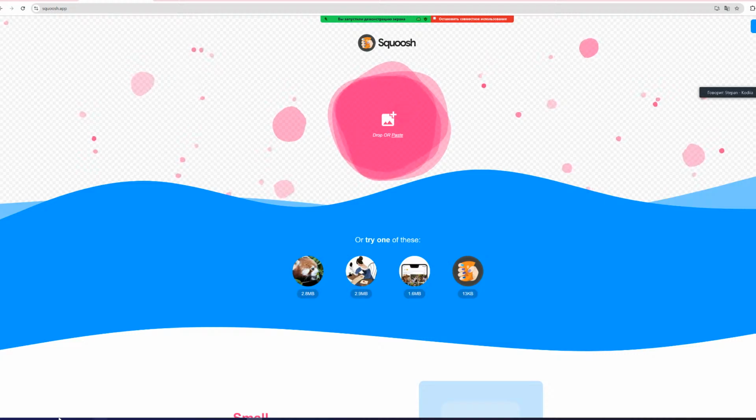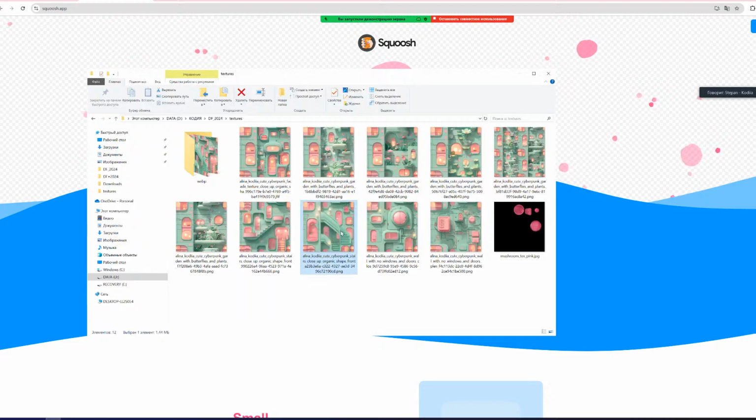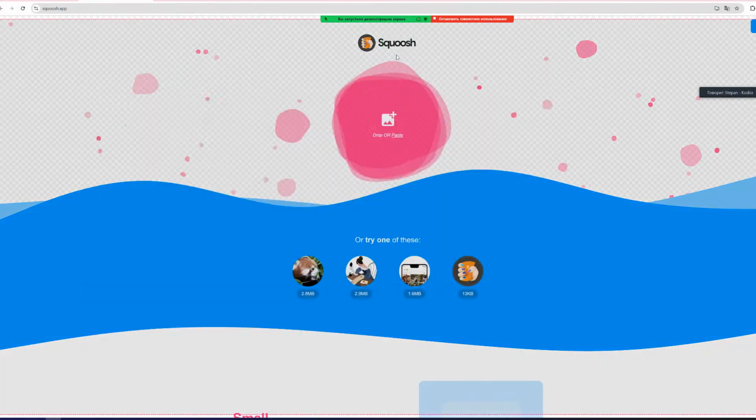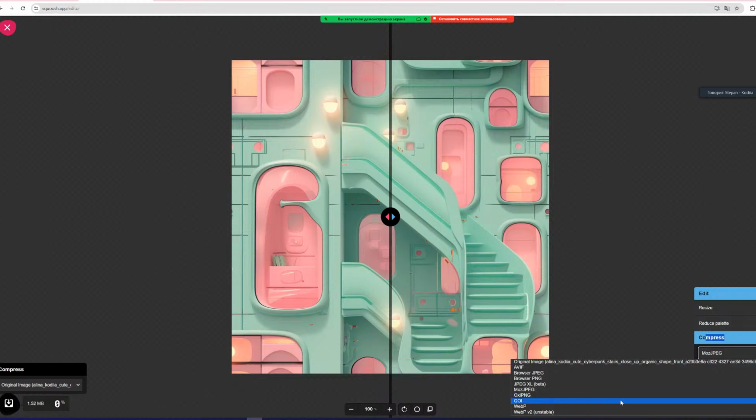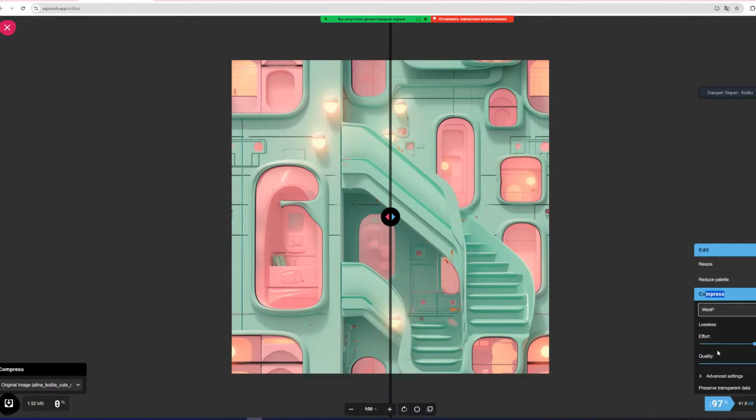Basically, all you want to do is get a texture. For example, this one is from Midjourney, and the standard size 1024 by 1024. If you drag and drop this, you will see this panel on the right, and there is an inscription saying compress. You can choose various file formats. What you're looking for is a WebP format, and you will see on the left your initial file size,